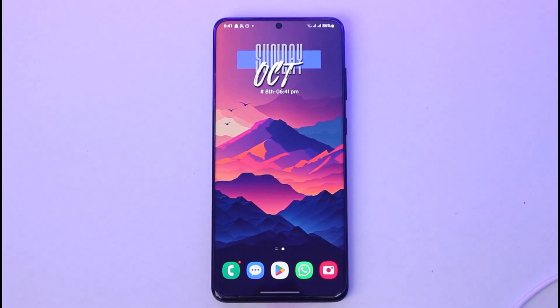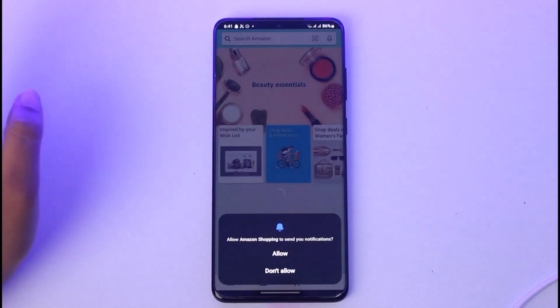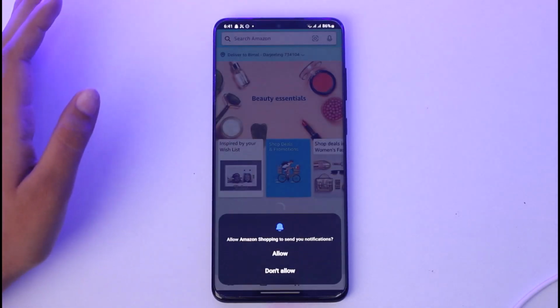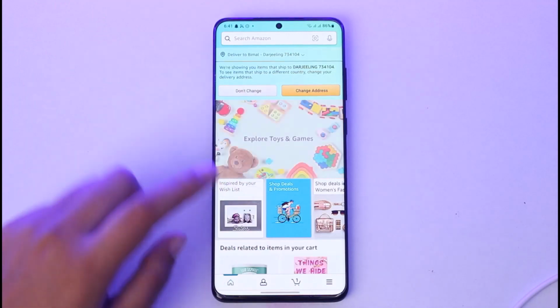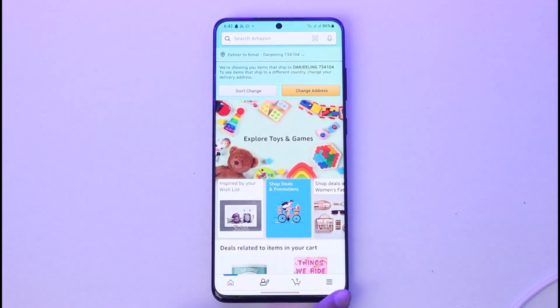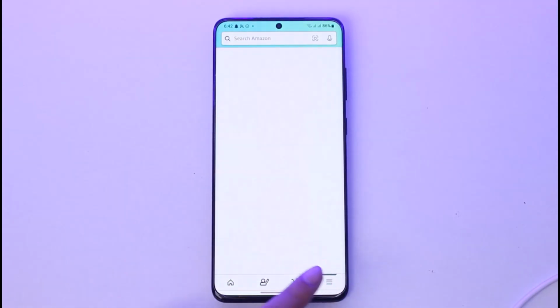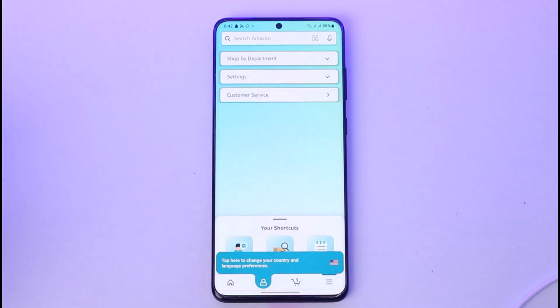For the matter, what you're gonna do, first of all, go ahead and access your Amazon app, and once you're in your Amazon app, simply the homepage gonna look like this over here, right? So what you're gonna do afterwards is simply go ahead, tap on this three horizontal line below right corner given over here. Once you have done so, you can see this kind of interface including all of the options